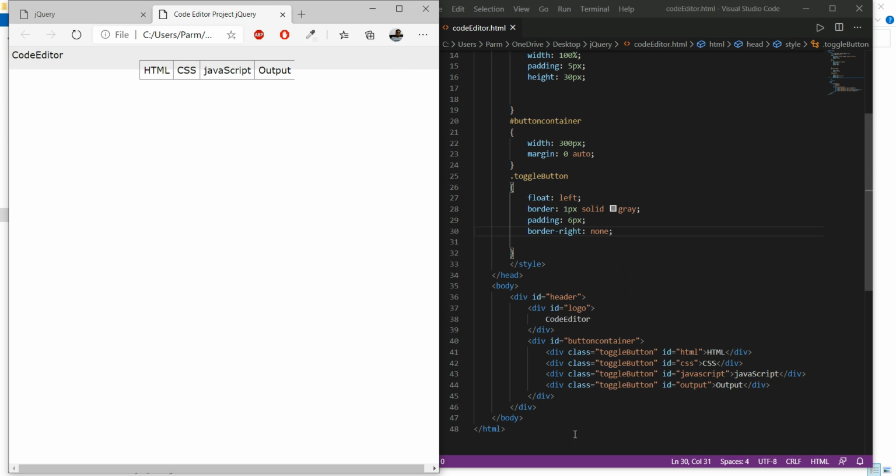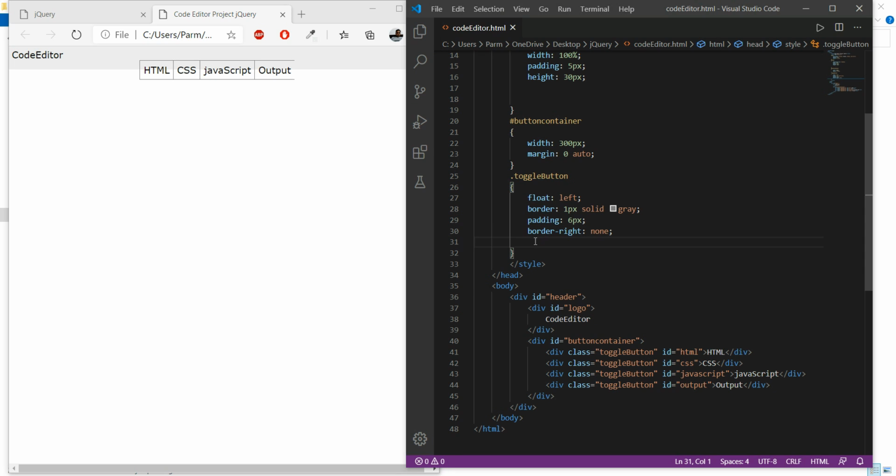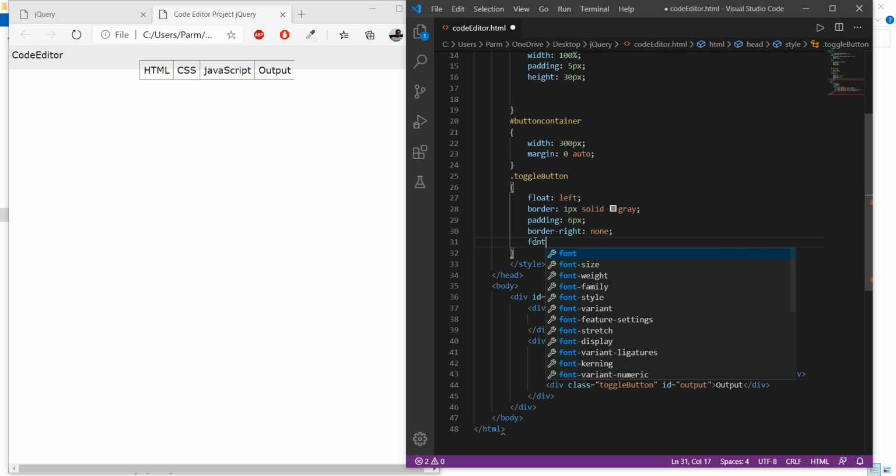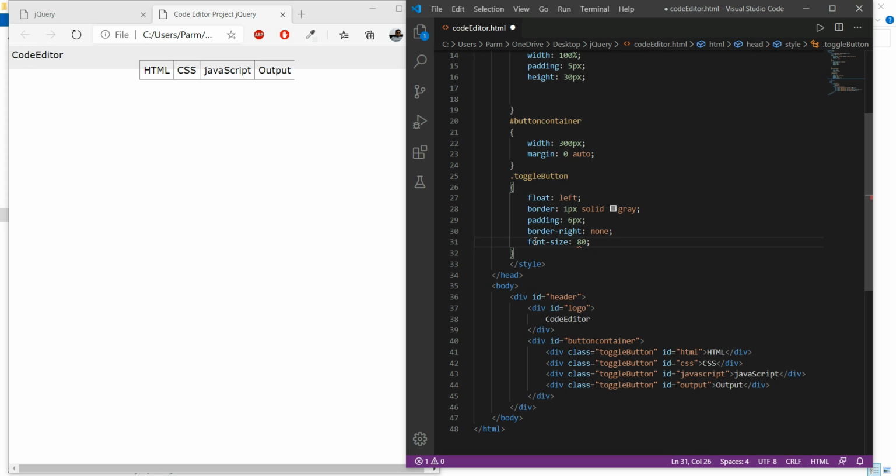So this is done. I just want to reduce its font size also. So here I will go with font size. See, I'm just making them 80% of the rest. Save it.